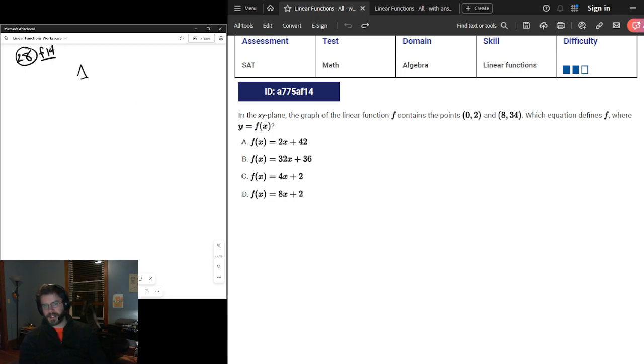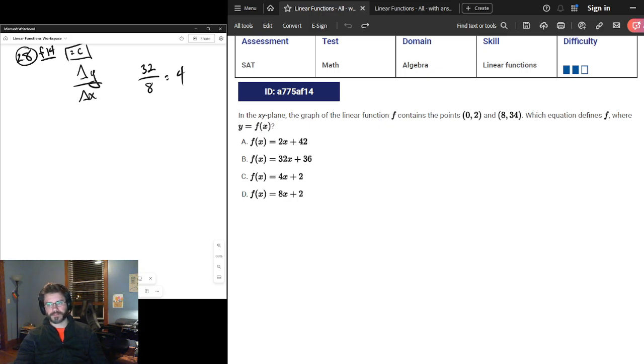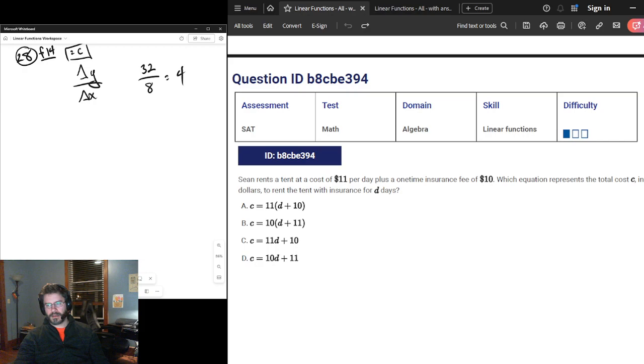And go ahead and apply our slope formula, change in y divided by change in x. So 34 minus 2 is 32. 8 minus 0 is 8. 32 divided by 8 is 4, I believe. So that gives us a slope of 4 and a y-intercept of 2, meaning the answer is C. Okay,